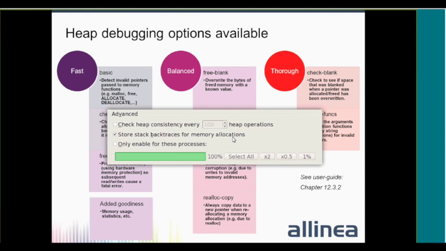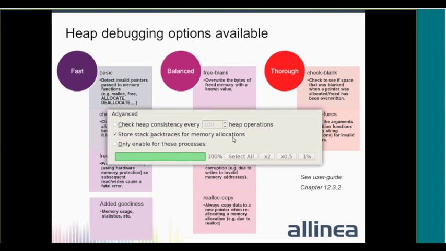So it can be every 100 heap operations, meaning every 100 allocations, for instance, but you can increase this number. You can also decide not to store the backtraces for memory allocations. This is useful because it shows, when you're looking at the pointer, where it was allocated, and by default this is enabled. But if you end up with a very high overhead, unticking this box will most probably ensure that your application is running much more quickly